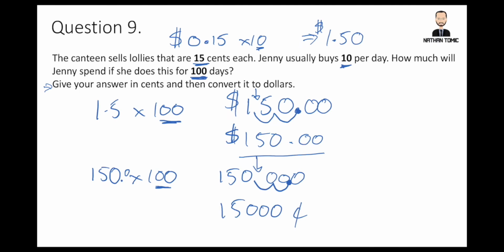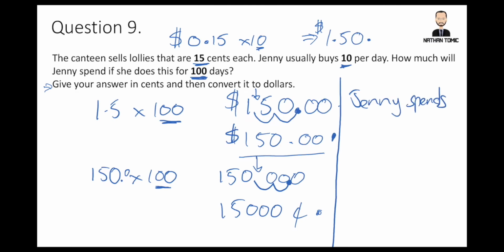So all up, we have all the answers we're looking for, all the bits of the answer anyway. We know how much she spends in a day. We know how much she would spend if she did that every day for 100 days. We know that in a dollar amount here again, and we know that as a cents amount. But this is a worded question, so we have to write a worded answer. So I don't have a lot of room, so I'm going to have to do this over a couple of lines. But we're going to write that Jenny